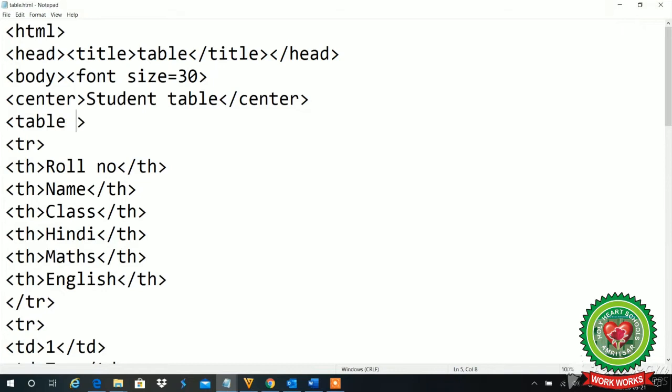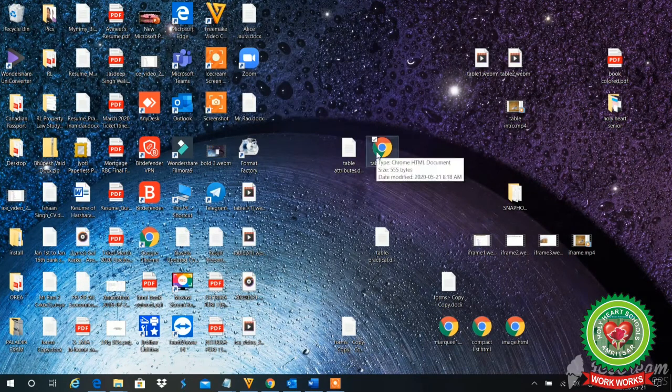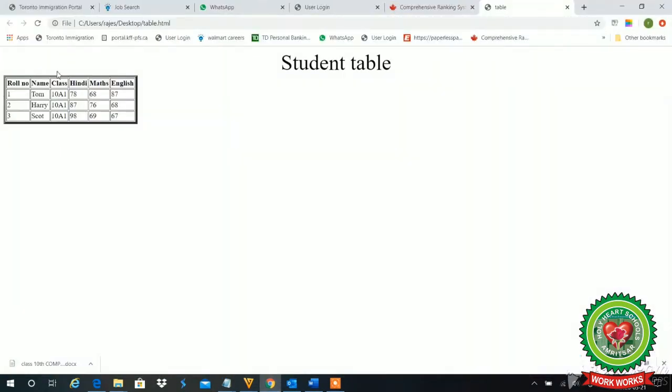In the table tag we will write border is equal to, let's suppose I want 5. 5 means the pixel size. I want 5, 6, 7, whatever. I can use that. I'll save my work, I'll close it and see the result. See, now lines are coming and border is around the table. That is work done with the help of the attribute border. With the border attribute, lines of rows and columns are drawn in the table. Now our table is looking more attractive than before.